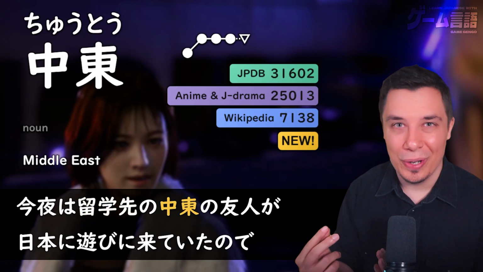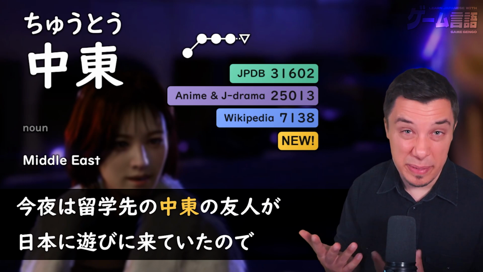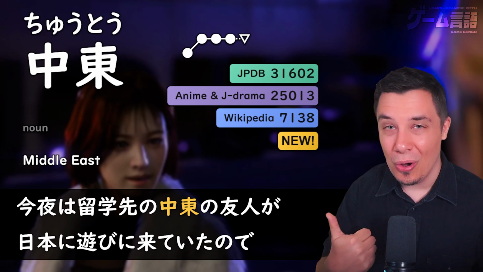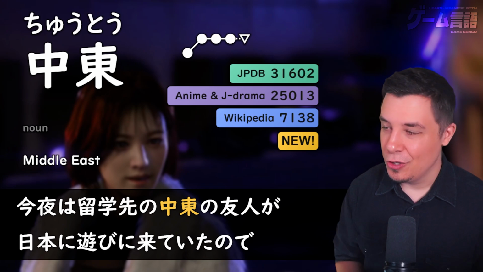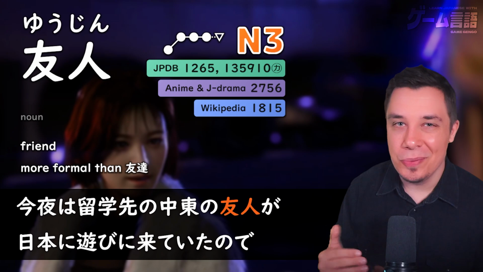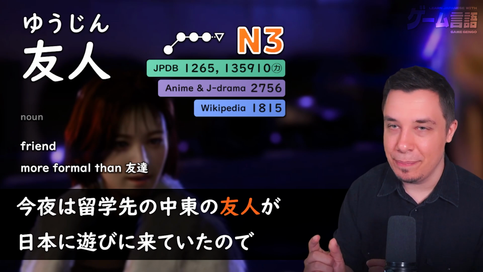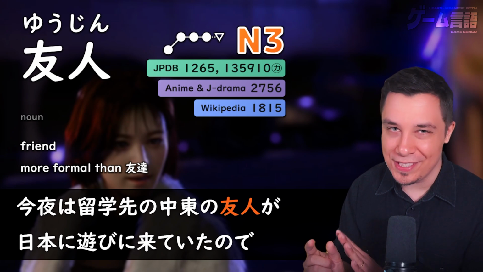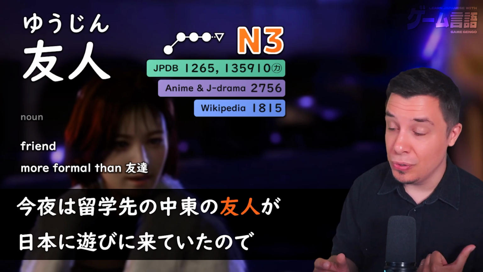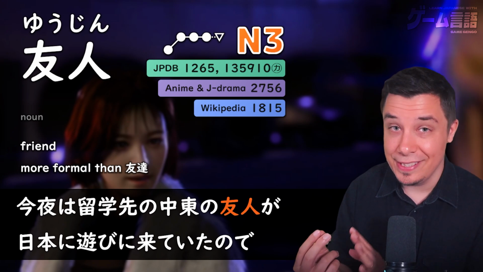So chuto here is another new piece of language, and this meaning the Middle East. Literally, chu being the kanji for middle and then to for east. So the Middle East, chuto no yujin. This being another way to say a friend. The more common way would just be tomodachi. But as we can see, this is a little bit more formal way of saying my friend, yujin. So my Middle Eastern friend, chuto no yujin ga, so they're the ones that did something or are doing something,